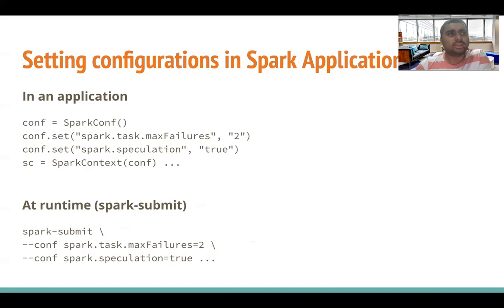Some of the configurations should be passed through Spark submit. For example, if you are passing driver extra arguments or executor extra arguments, they have to be attached to the Spark application before the JVM starts, before the application actually starts. But these are the two prominent ways you will be observing Spark configurations taking place.